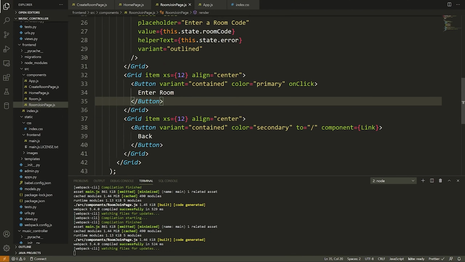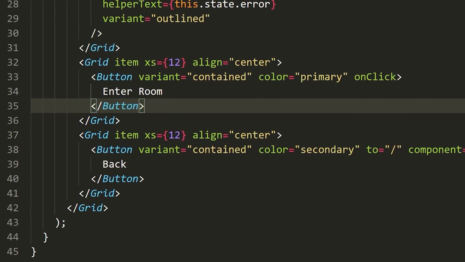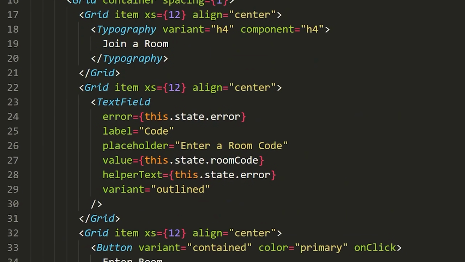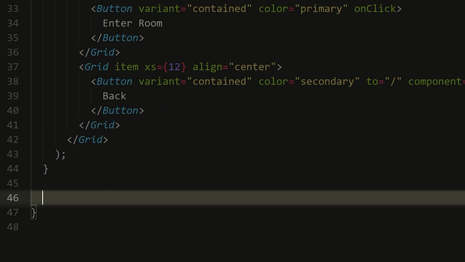Now that we have that, we need to code out kind of the logic for this component, right? So the first thing that we need to do is actually handle when we change this text field. So pretty much, how do we actually capture what the current room code is? We did this previously, but it's pretty straightforward. We just need to make a method. So we're gonna say this method is equal to handle text field change. I'm prefacing it with an underscore, but you don't need to do that. It's just kind of to denote this is a private method.